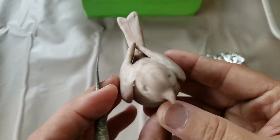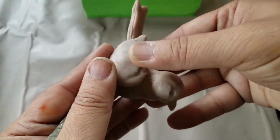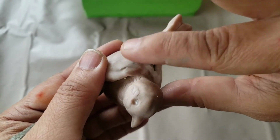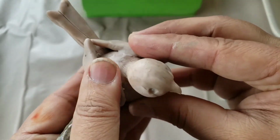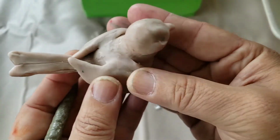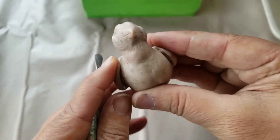Okay, so the wing is on, and I just worked on smoothing the clay and kind of blending, and I still have a little more smoothing here to do. It's okay if these lines develop. I actually like it because it provides a little bit of detail. Okay, now the tinfoil shows a little bit, so I'm going to cover that up, but for the most part,